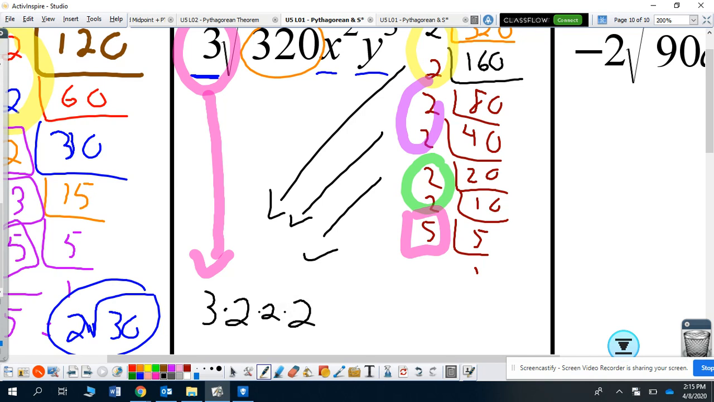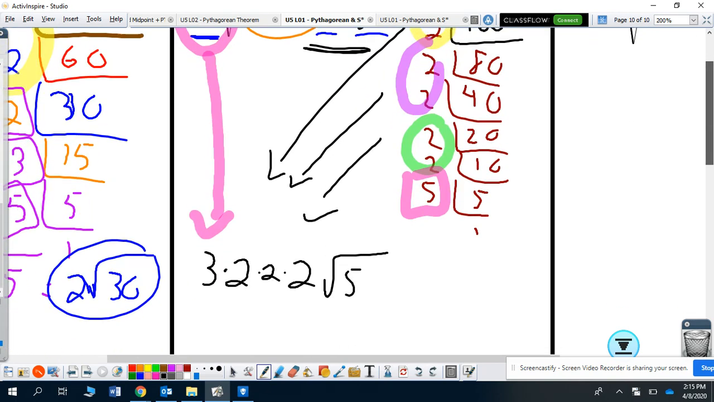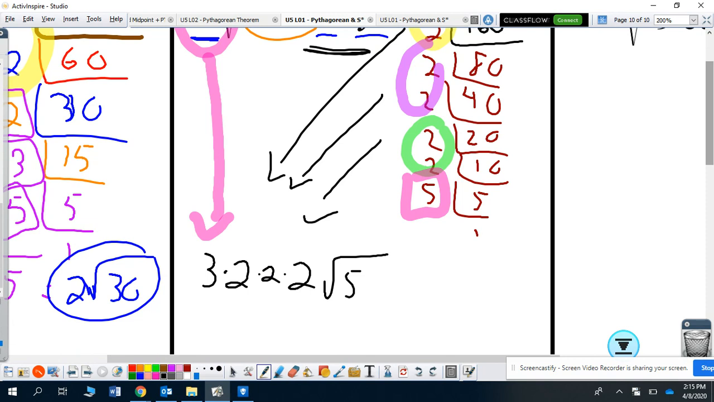Now, at this point, I would normally write square root of 5. But the reason I'm not is because we've forgotten about x and y. We can't forget about x and y. So what we do is, instead of writing square root of 5, I'm going to actually save some room. It's sort of like saving a seat at the movies or saving a seat in the cafeteria for your friend. You know they're coming, they're just not there yet. So we're going to save a seat for x and save a seat for y,